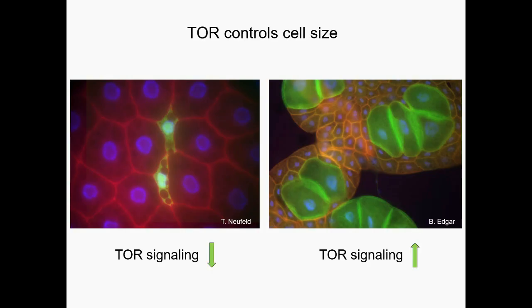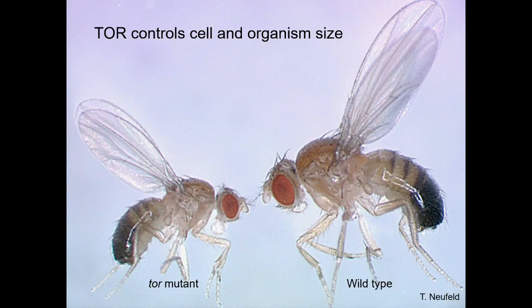Now, Tom Neufeld took this experiment one step further, in which he isolated a TOR mutant fly, in which all the cells of the whole animal or the whole fly were now defective for TOR signaling, or for TOR protein. And it's important to point out that this is a so-called TOR hypomorph. It's a partial loss of function. If this had been a complete loss of function, this fly never would have been born because that would have been a lethal mutation. This fly has about 20% normal levels of TOR protein. And as you can see, the fly is smaller but perfectly proportioned.